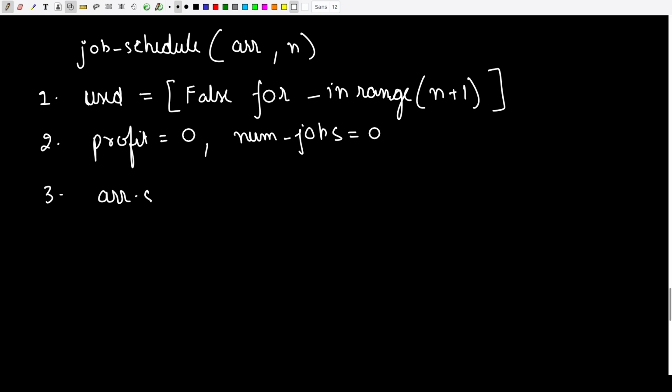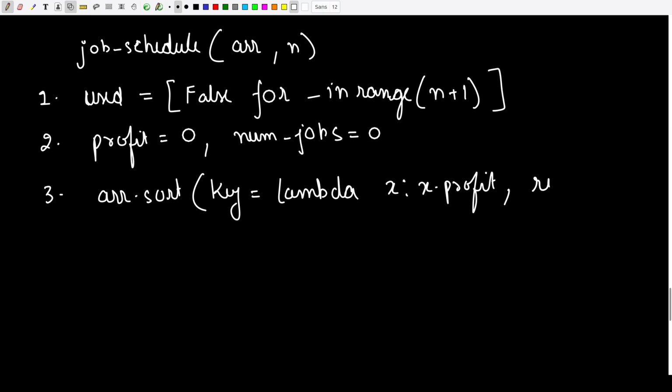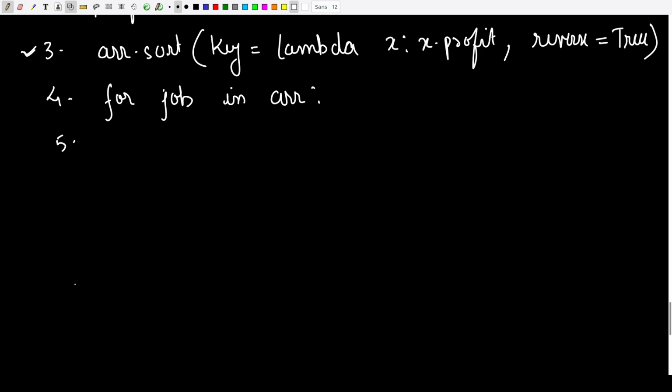So arr dot sort, and we want to sort it on the basis of profit, so key equals x dot profit, and we want to sort it in the descending order, because of which reverse equals true. And in this way we will be able to sort the jobs on the basis of profit in descending order. Now once we have sorted it, let us iterate on individual jobs. So for job in arr, the first thing which we are going to do is we are going to find